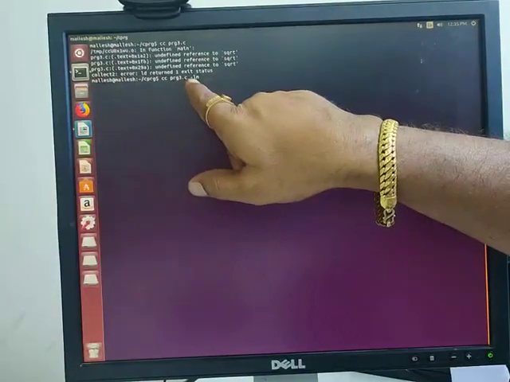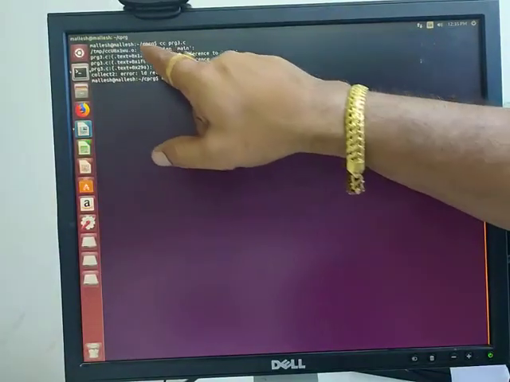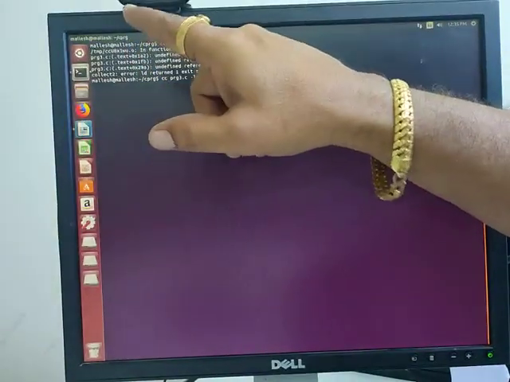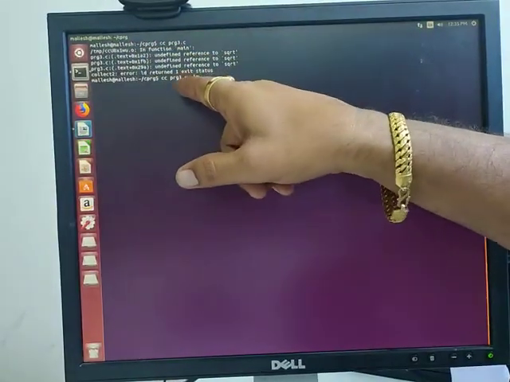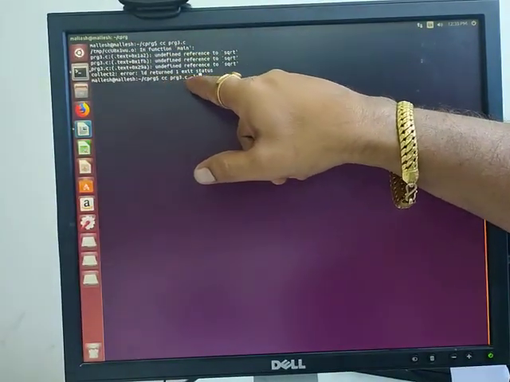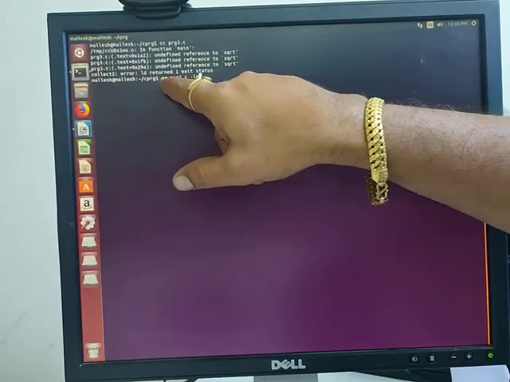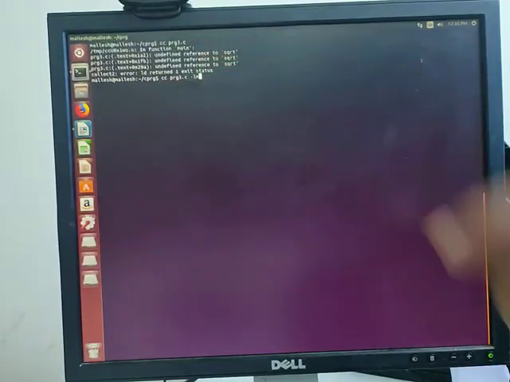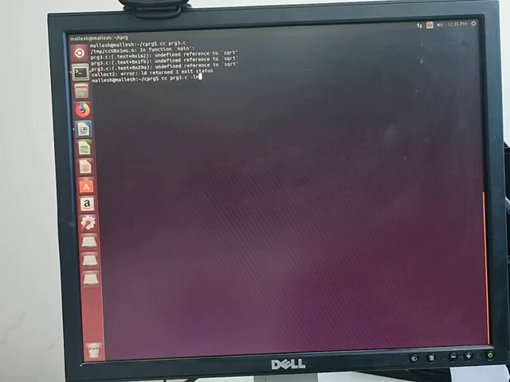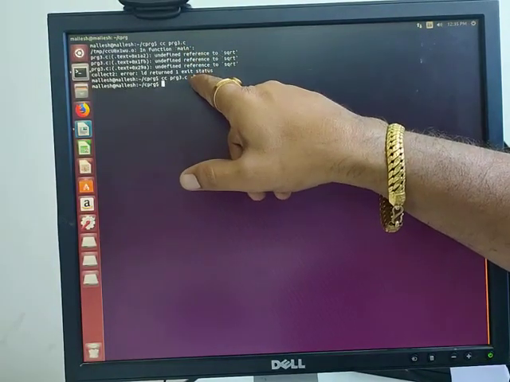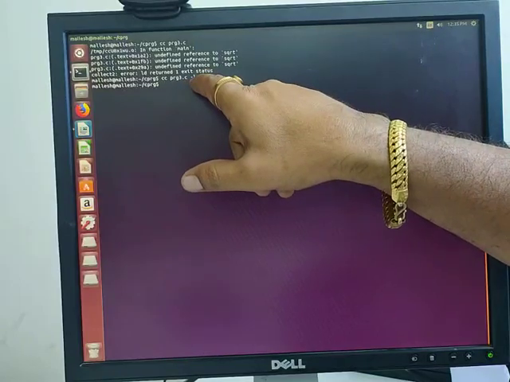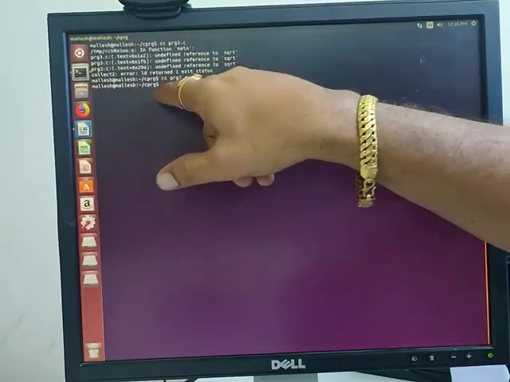Whenever your program has math.h as a header file, you need to give minus lm along with this compilation command. Keep it in mind, don't forget this. Press enter. Now this time it is not showing an error because you linked the mathematical library, so automatically the square root will be considered.